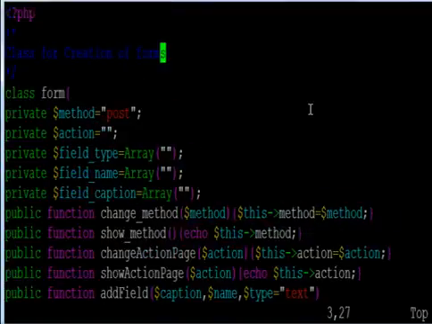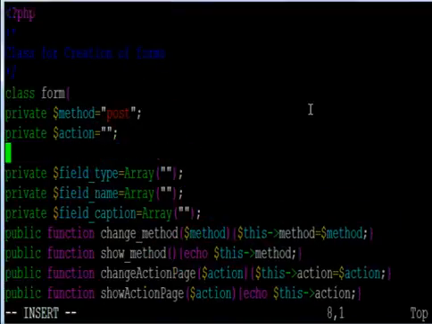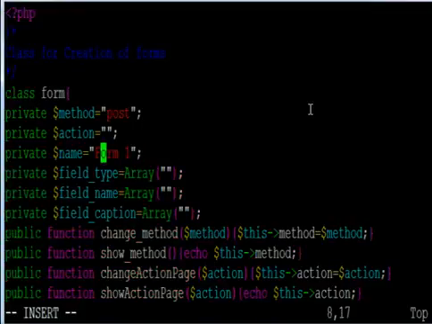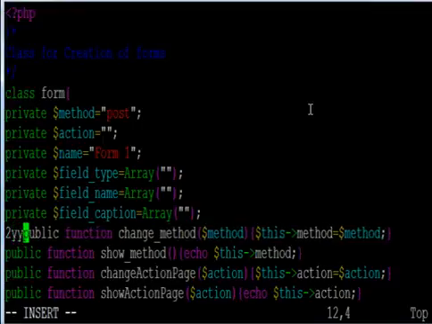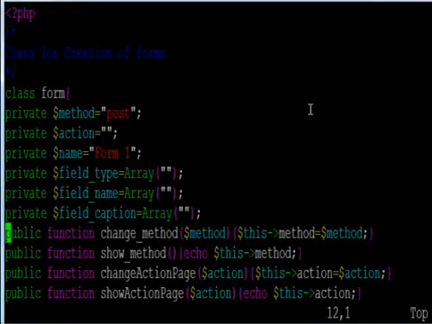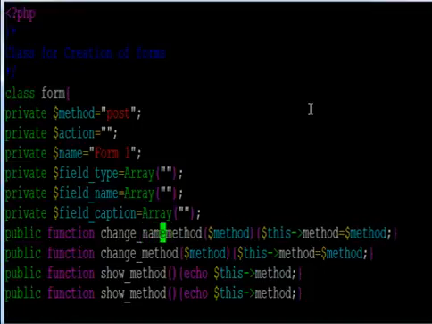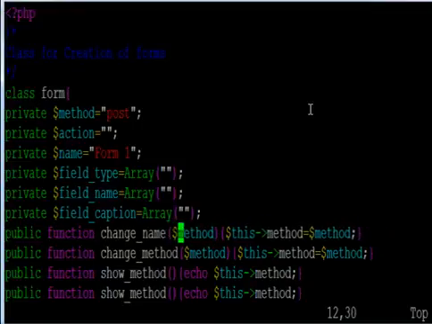So if you want to give the form name, you have to put here an additional variable like private $name, and initially form 1. Okay, so by default it will be named as form 1. Okay, and if you want to change the name, just change here the variable names like